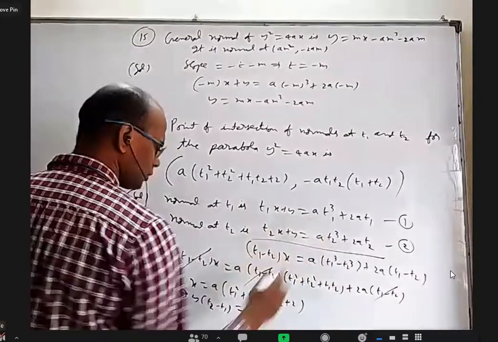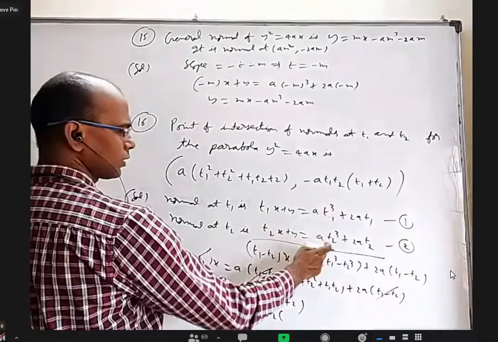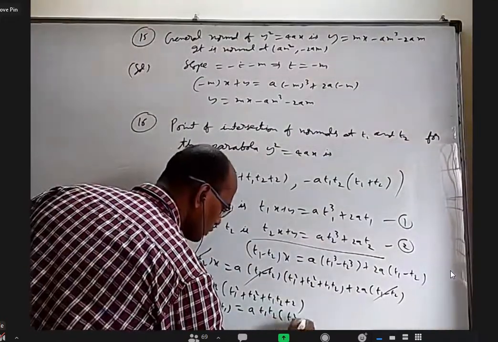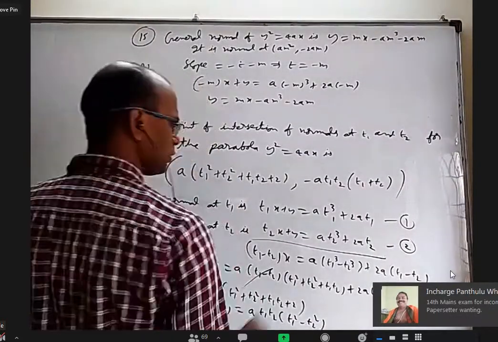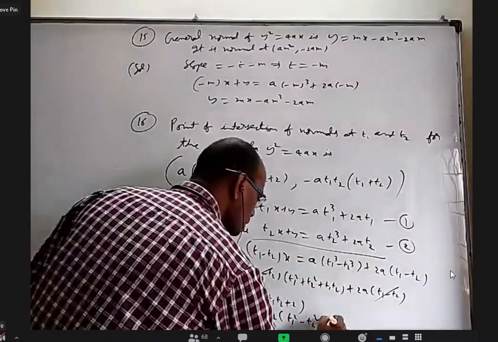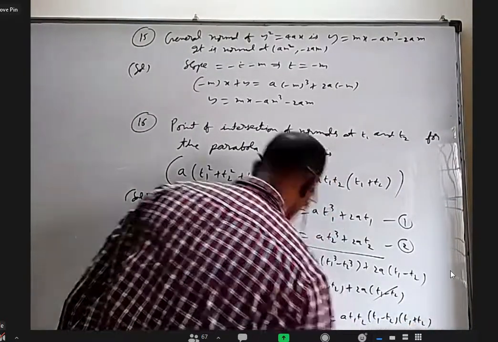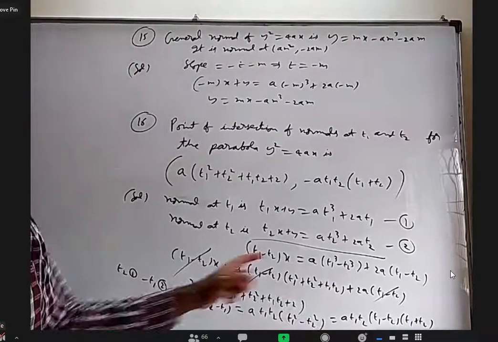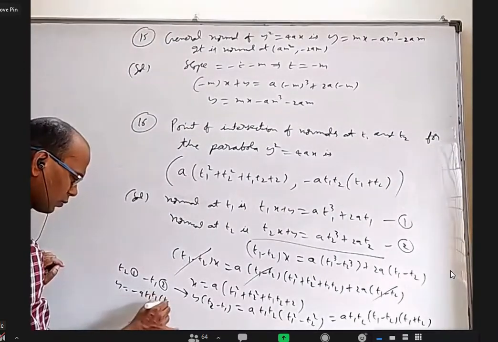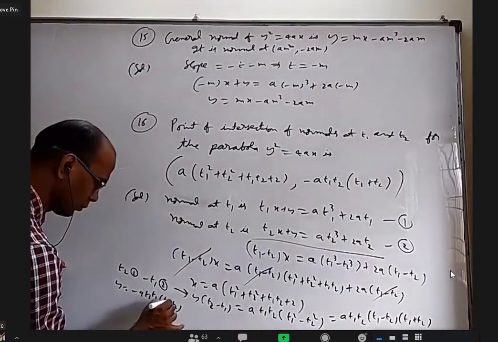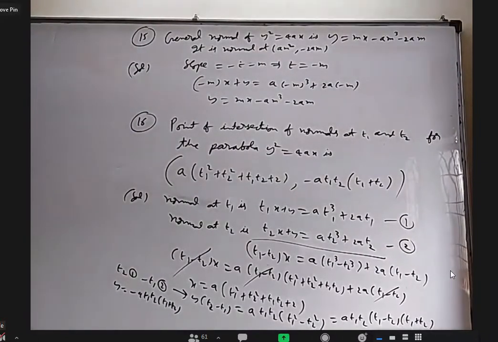Here when I multiply T2, T1, I will get a into T1, T2 common. After multiplying with T2 here, T1 here, T1, T2 common, it will be T1 square minus T2 square. And this also gets cancelled. So in the next step, this is a T1 T2 into T1 minus T2 into T1 plus T2. If I cancel T2 minus T1 and T1 minus T2, I'll get the y coordinate. y is equal to minus a T1 T2 into T1 plus T2. So you can independently find x and y coordinates or find one and substitute in the equation of the other.